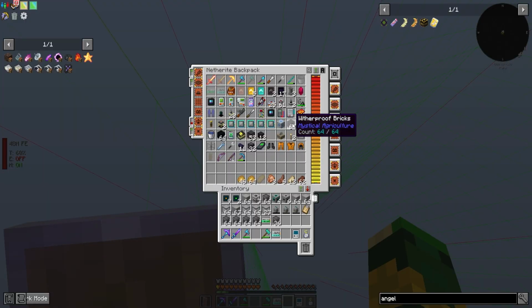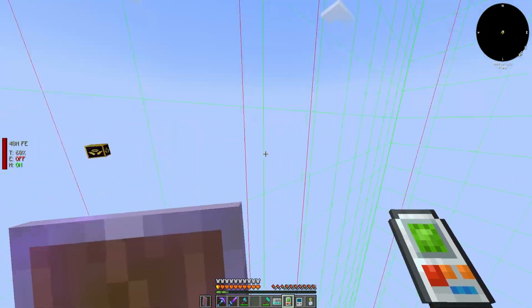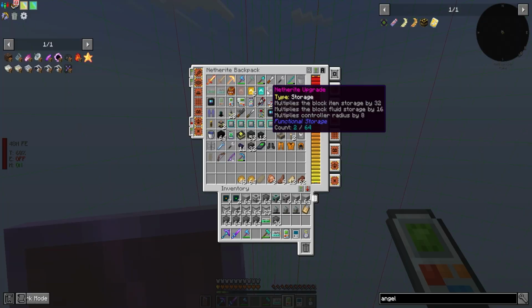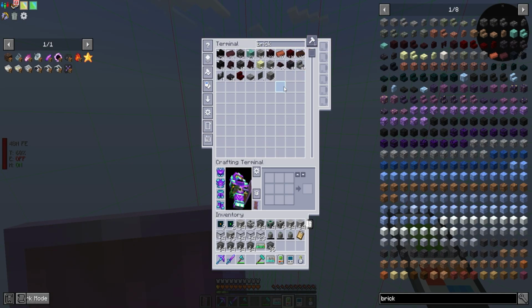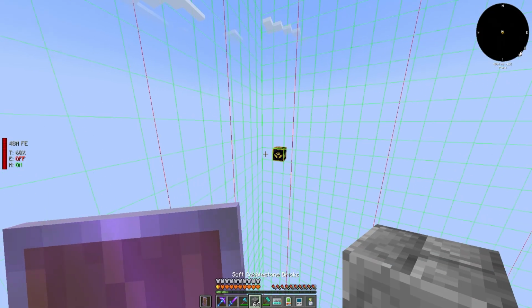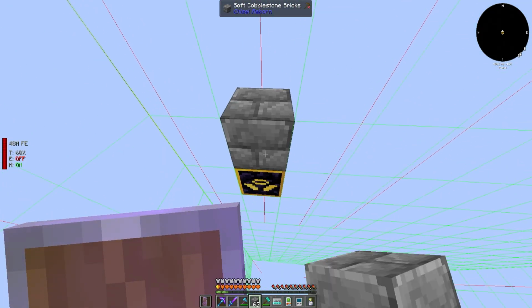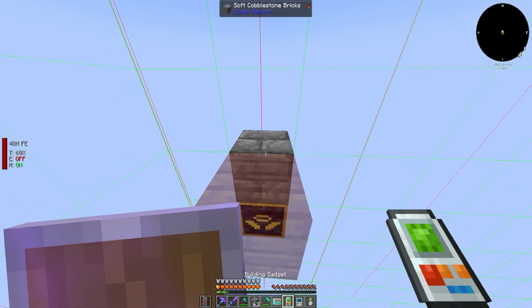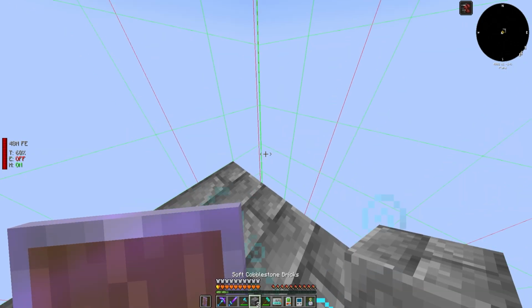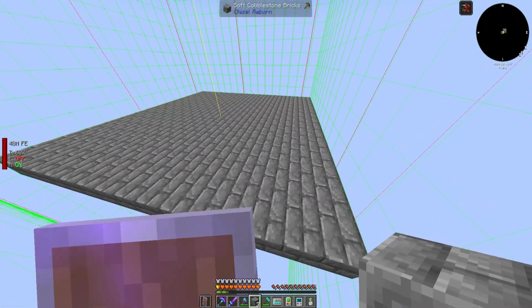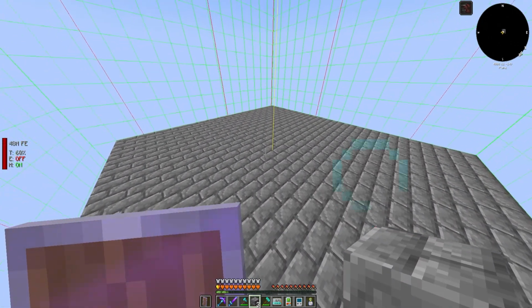And we're going to need our building gadget, and we need some boards. Let's do B, not B. Let's do, what do we have? What do we have a lot of? Not really a lot of anything, do we? We'll start with this. We'll put you on top and we'll program you to that. Cool. All right, there we go. Coming up just a few blocks short, but I think we'll be okay.